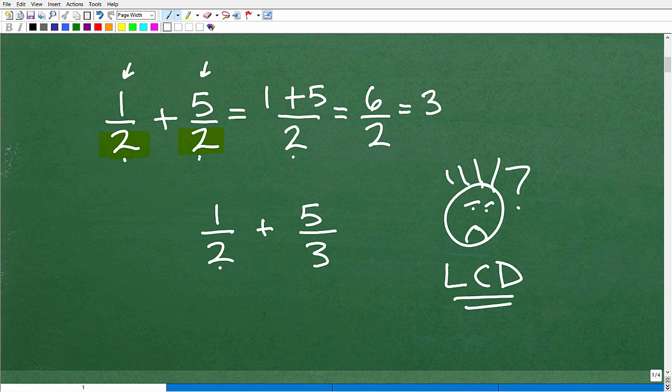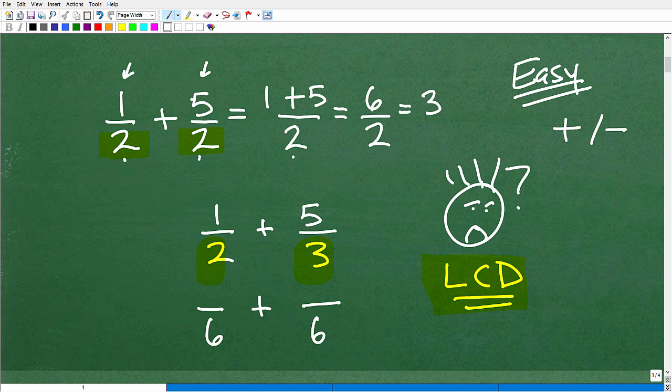problem, but just remember, when the denominators are not the same, okay, then we got to go through, find the lowest common denominator, and then rewrite these fractions such that they have the same denominator. In this case, the lowest common denominator is 6. So we have to rewrite these particular fractions such that each fraction is expressed with the denominator as 6. Again, don't want to go off on too many tangents, but I just want to stress the word easy, and let's just keep with that deal, okay? So remember,